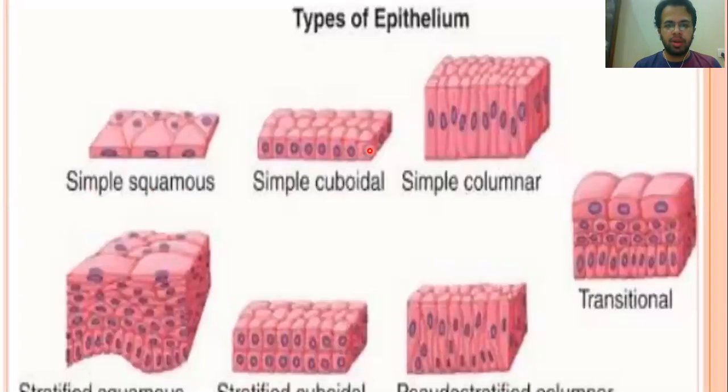This is also the single layer. You can see that there is only one nucleus. There is only one layer of nucleus, and therefore we say that this is the simple